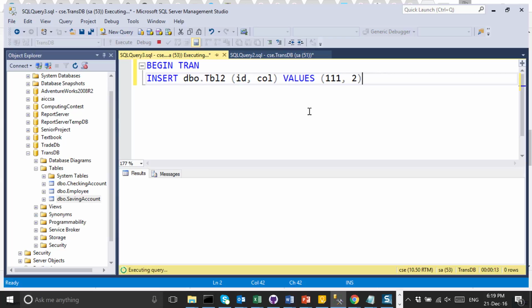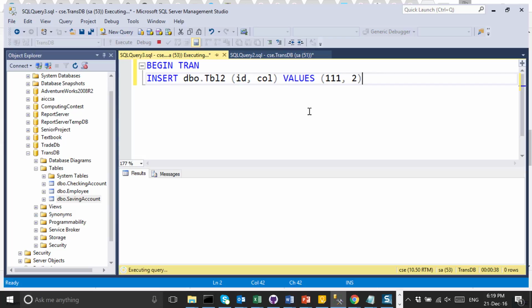It needs to read from table 1 to make sure 2 exists in table 1. You know what referential integrity means, or foreign key means? Foreign key means anything I've put in the foreign key must exist in the primary table. Otherwise, I should abort. I should not accept the insert. So this is what this transaction is trying to do.